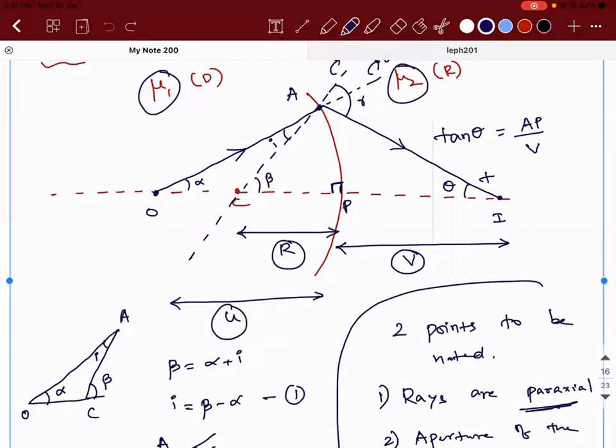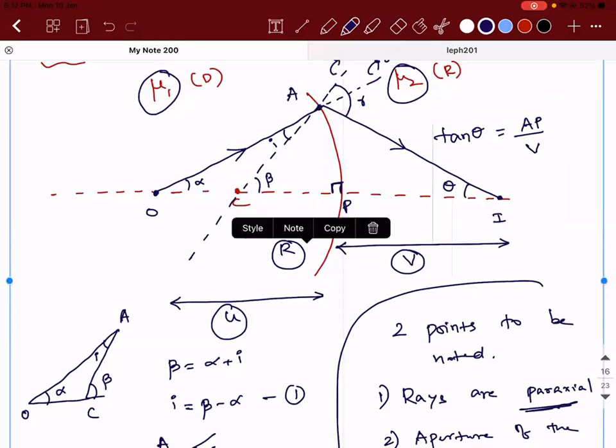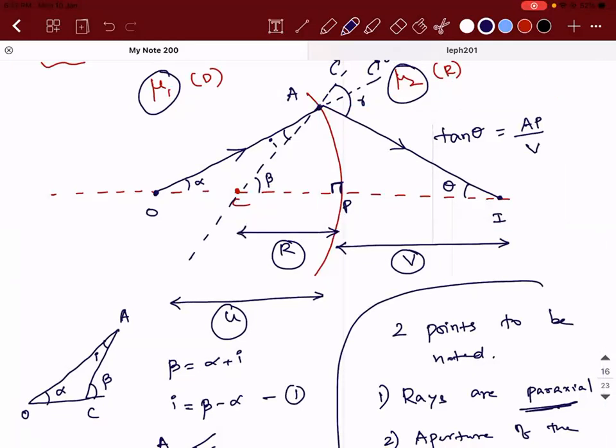By U, right? Yes, you only, but the diagram got disturbed, so I wanted to make it clear. Tan beta equal to, I wrote alpha before this. So tan alpha is equal to AP divided by U only, but when you write this, put a sign convention. So AP divided by minus U. Similarly, what about tan beta? It will be AP divided by minus R.